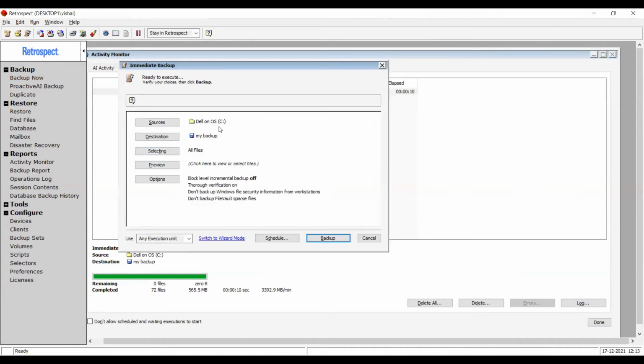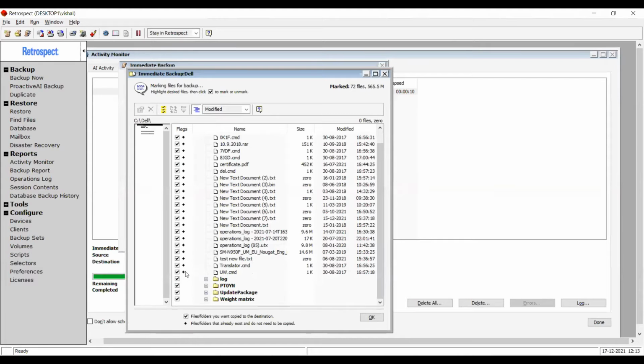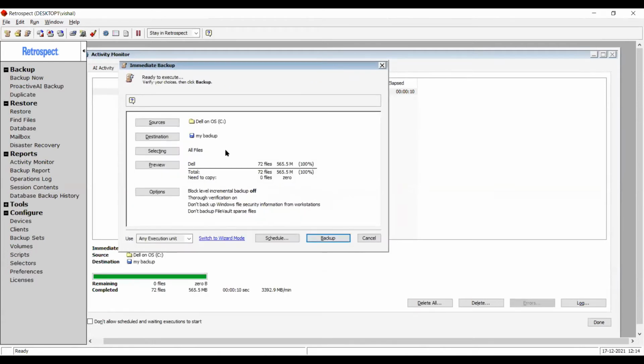If I go back to the same setting again, remember the last few settings, and if I click on the preview button now, you see that there are little diamond marks next to all the files here. And those diamond marks signify that these files are already copied. If I repeat this backup as it is, then basically nothing will get copied. It will be copying 0 files because everything is already copied. You can see here it says need to copy 0 files.